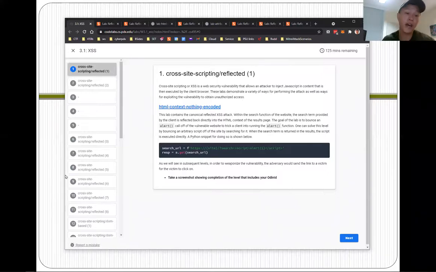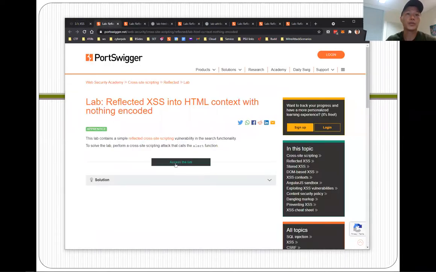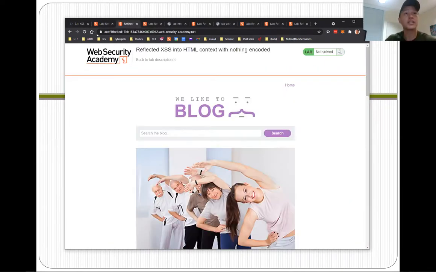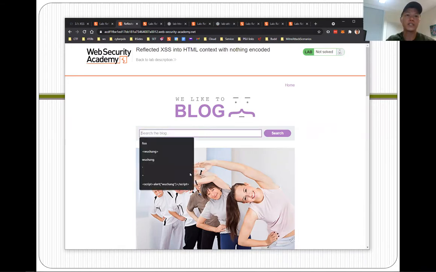Levels should be fairly fast, so I'll get started. The first one is basically the canonical reflection attack. So that's what we'll do here. We're going to just access the lab. Oh, I have to log in. Let's see here. So here is the original reflected